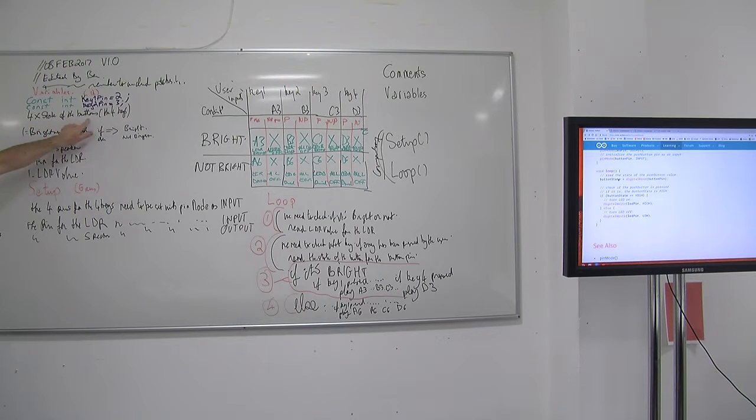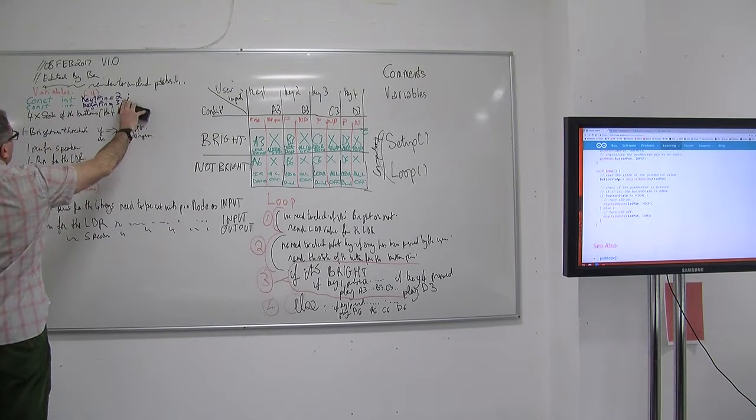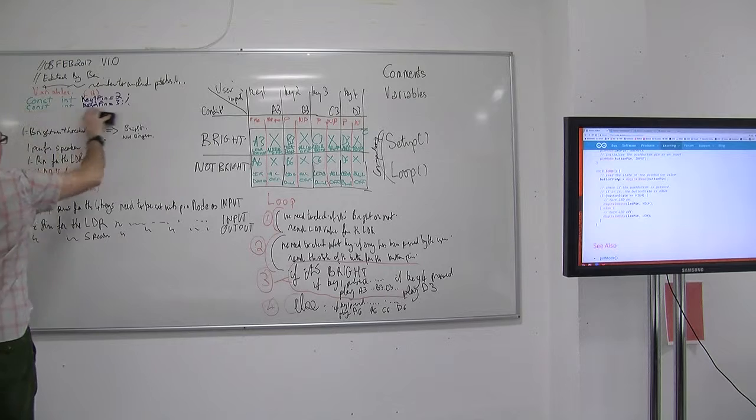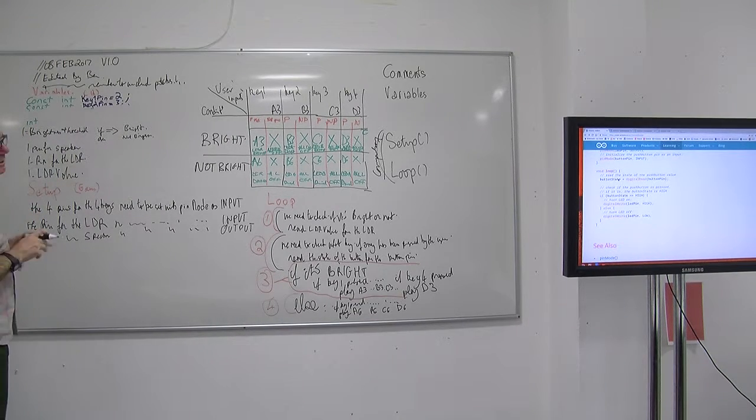The next one is the state of the button. So it's for the variables because they change. So they're 4 integers, either it's on or it's off, okay? So that's the state of the button. So I put it here. So it's an integer, and we call it what? We call it